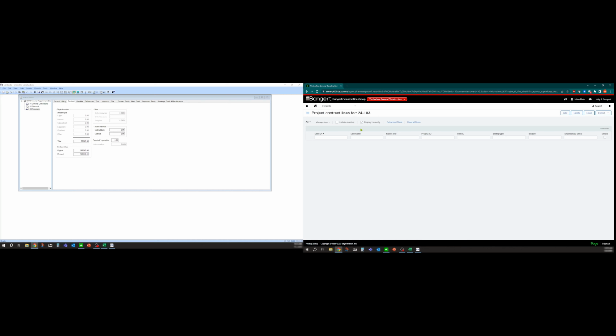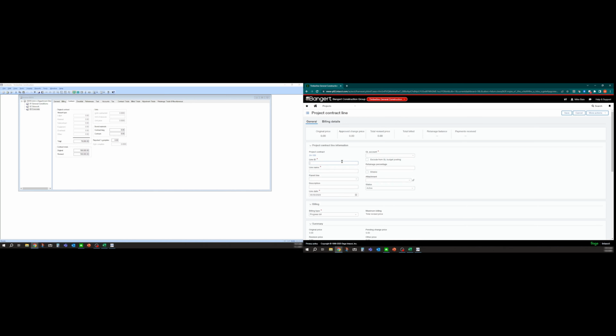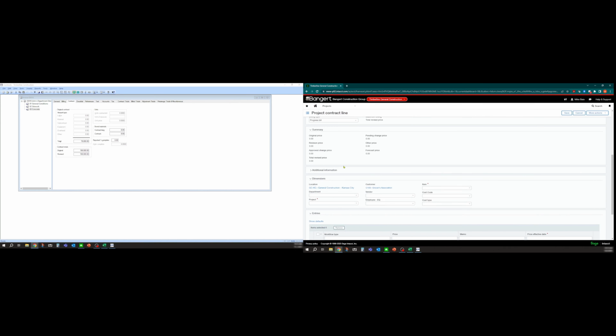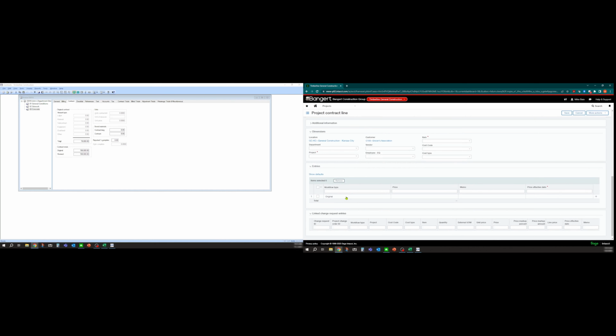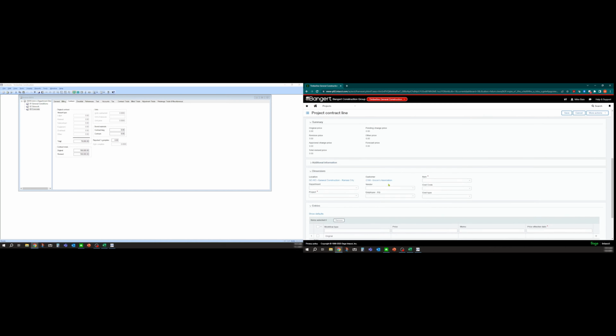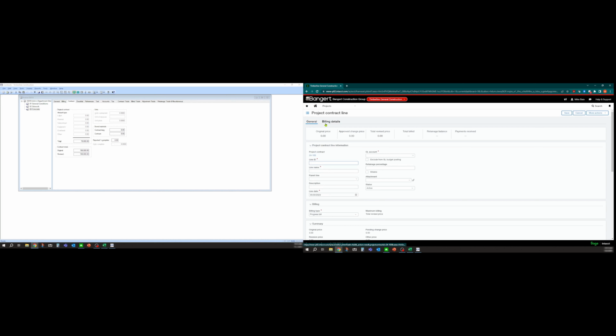John's department store, notice there's no lines yet. I can click add. I can manually add them just how I did in 300. I would do the same type of information: put the line number, the line name, what type of billing, what's the amount. And then I can duplicate, so I can base line item 2 on line item 1, and I can duplicate down, and I can do that in